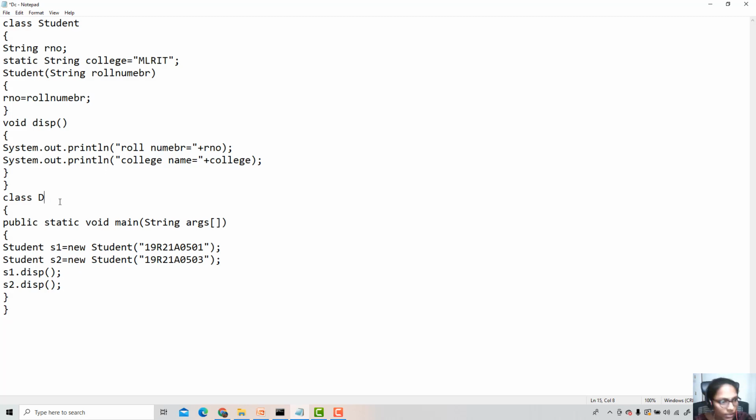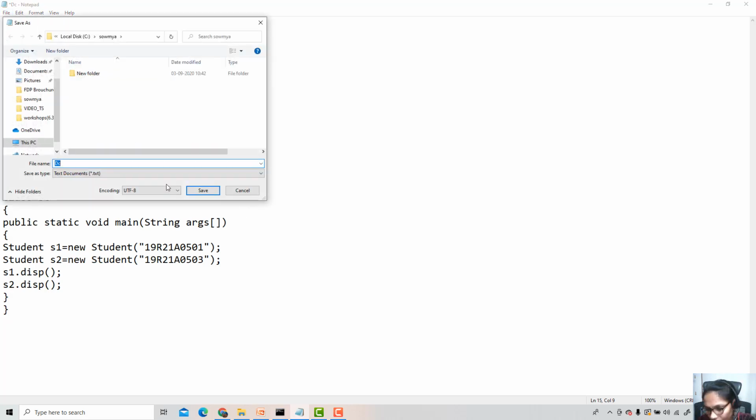Now we will change this to a static example. So I am writing the program, and it is saved as se.java.